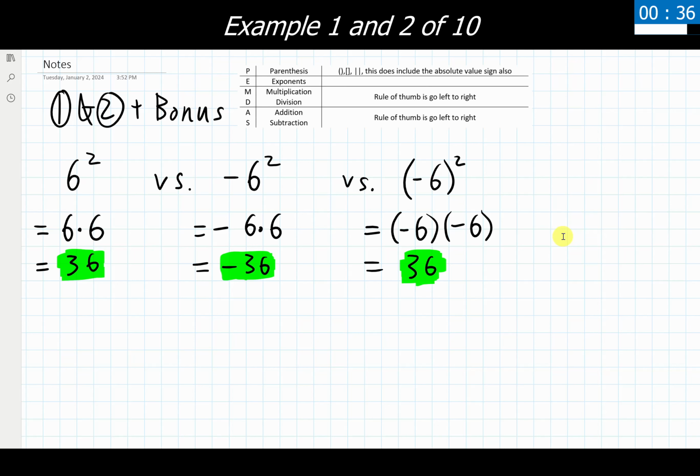So when you are going through problems and you have negatives showing up in or around or near the bases, make sure you are taking extra time to pause and really think on, does this negative sign get included with the exponent or does it not? And also look to make sure, do we have that negative inside of parentheses or not? I think that's the biggest giveaway with if we are or aren't going to be applying this negative sign or not. So be on the lookout for that as we take a look at some future examples here.